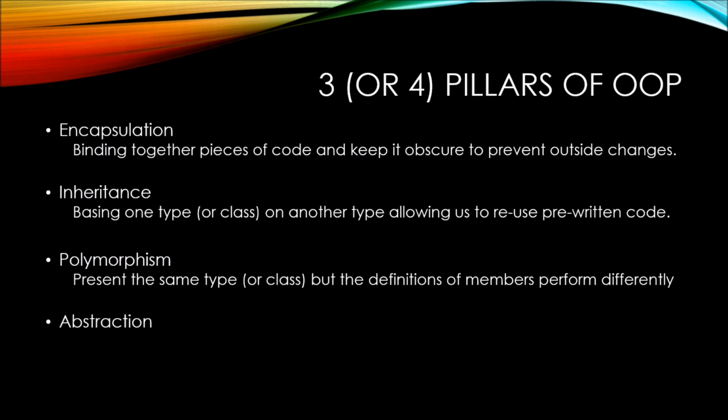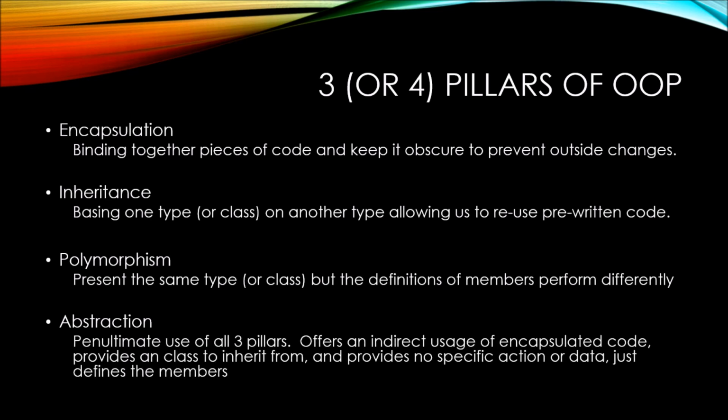Now finally, there's abstraction. And abstraction is the penultimate use of all 3 of the other pillars. Abstraction offers an indirect usage of encapsulated code, it provides a class to inherit from, and provides no specific action or data, just defines the members. The ultimate goal of object-oriented programming is to get to a state of total abstraction,